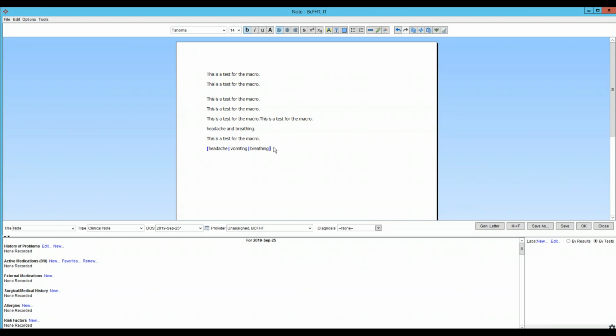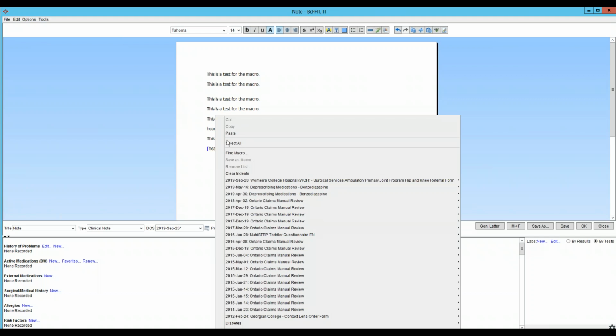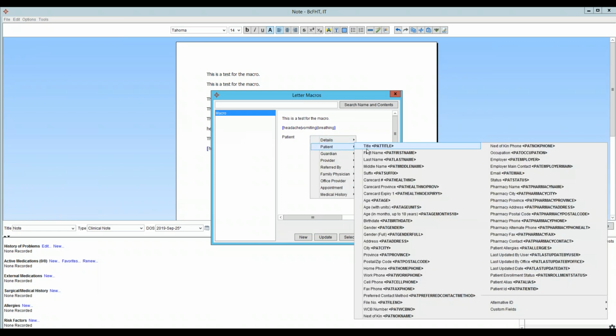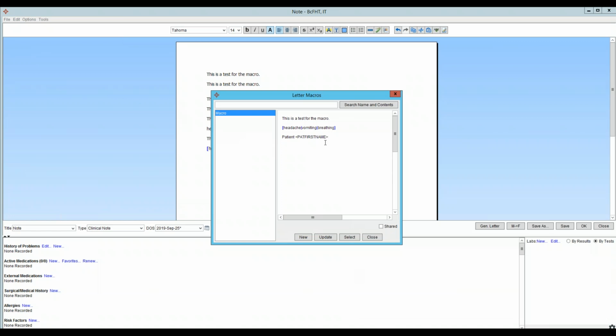Another thing that you can do is you can add in patient information. So you can set your macro to pull in information. So again, we're just going to open up our macro here. If we right click in the blank area, you have this list of information that you can pull in. So say patient, and then we want their name to pull in. We would go right click, go to patients, first name, space,